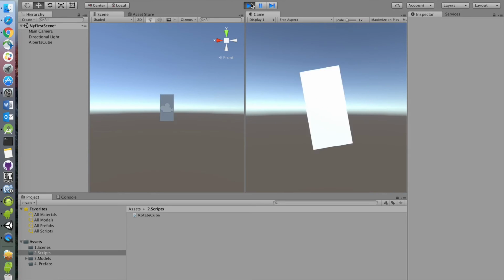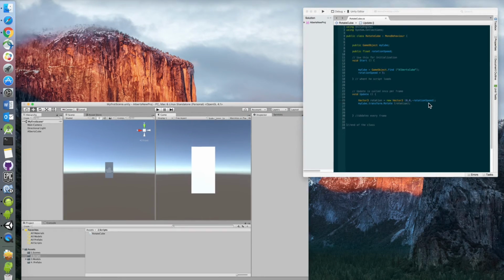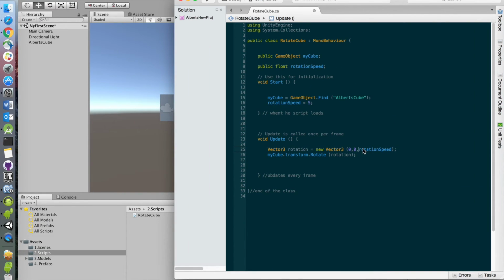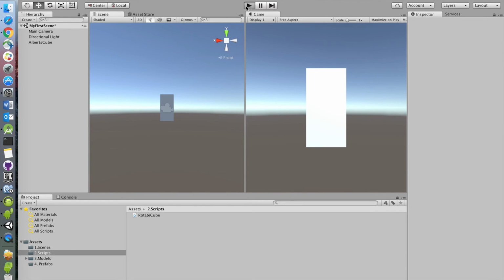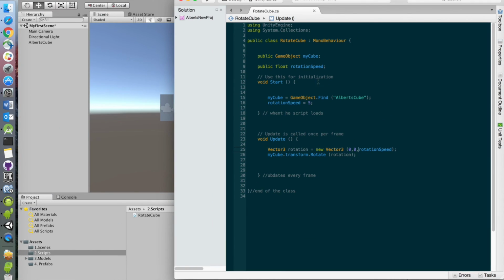One more thing I want to point out is you can use a minus value to rotate the thing counterclockwise. Just put a minus on the float value and it will work. All right. So this was